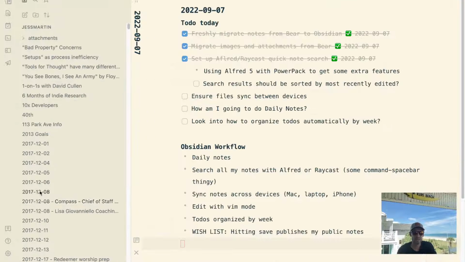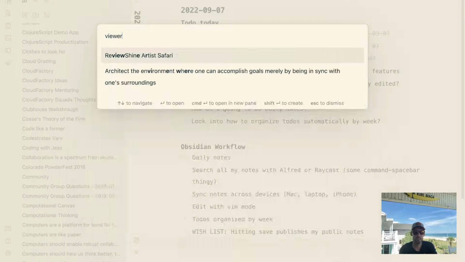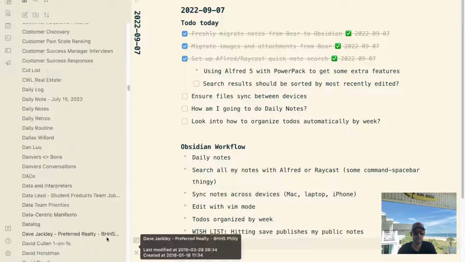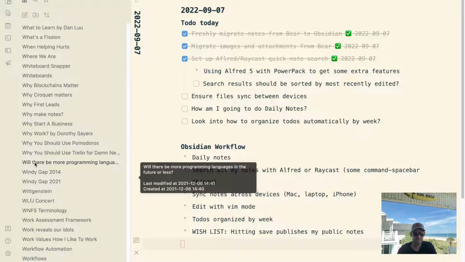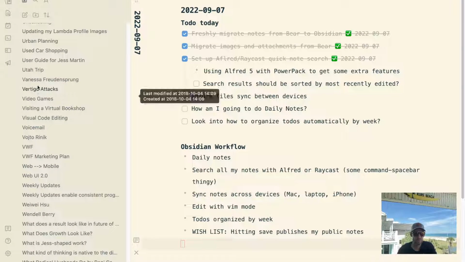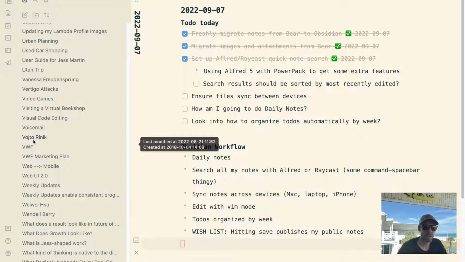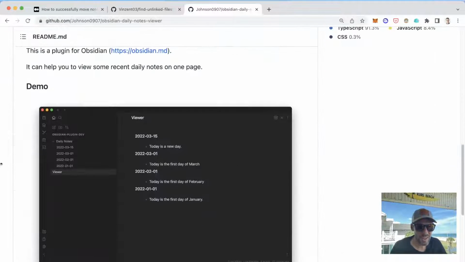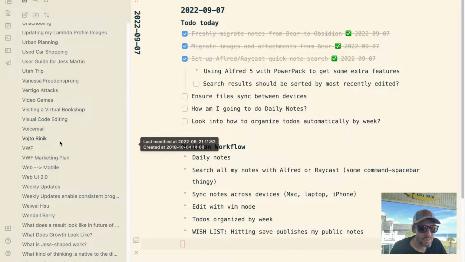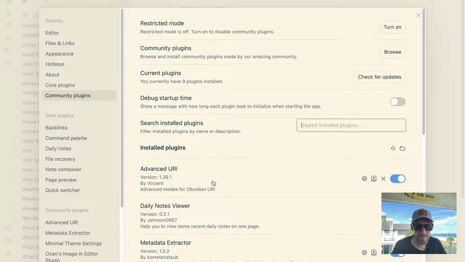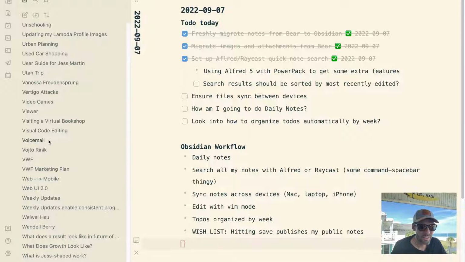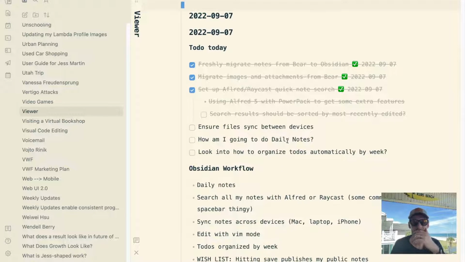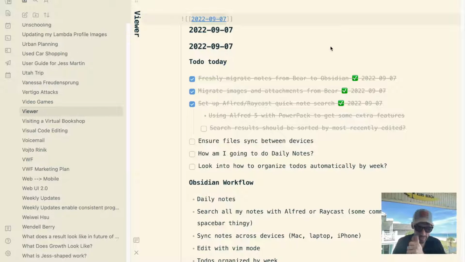Okay. So now there should be, I guess, a new page called Viewer. Is that right? Viewer. Huh. That's the way it looked in this screenshot here. Daily Notes, and then there's a thing called Viewer. Do I have to create a note called Viewer? Let's see. Oh, I got to turn it on. Okay, it's on now. And now we have a thing called Viewer. Aha! All right. Cool.